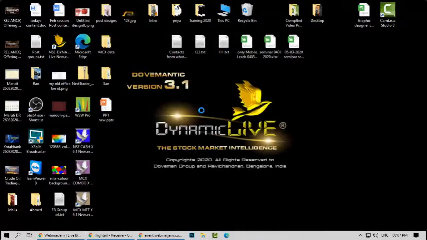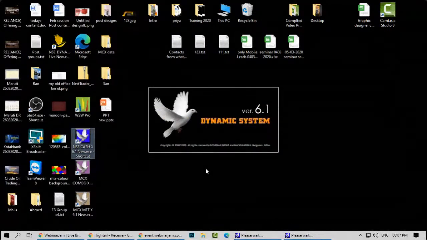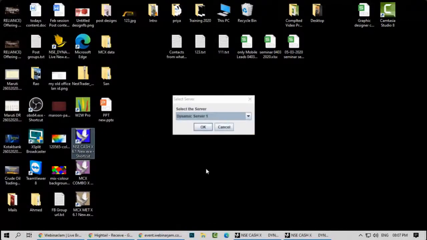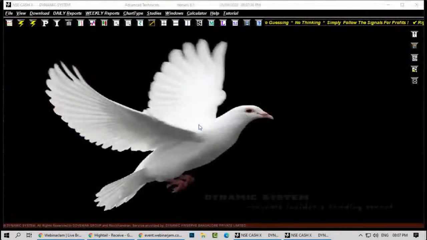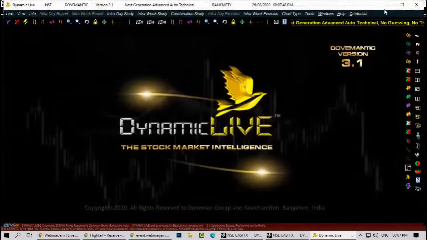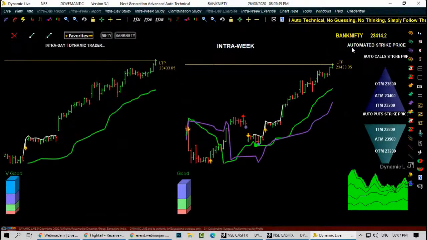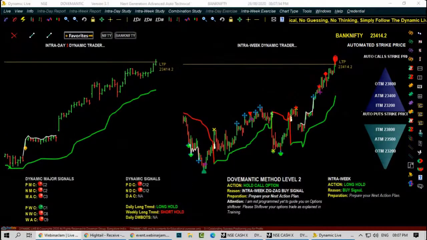Now you can go ahead and open Dynamic Live as well as Dynamic System. So there's Dynamic System. Now let us go through Dynamic Live first. Once this data is updated, now